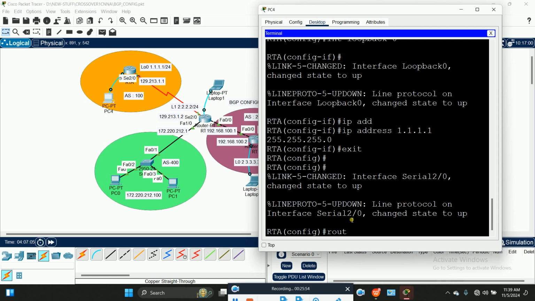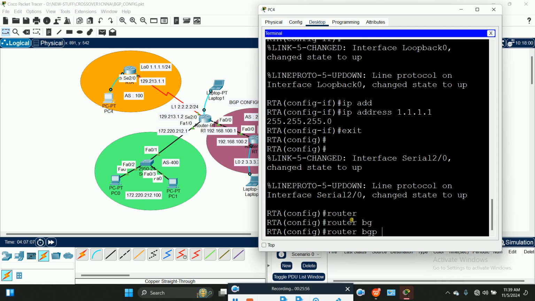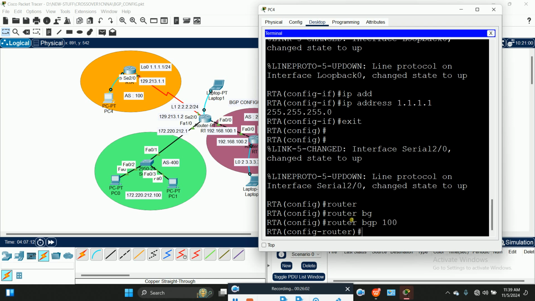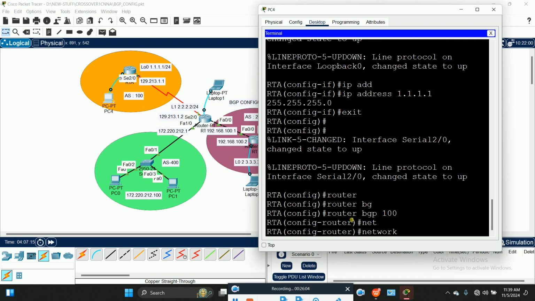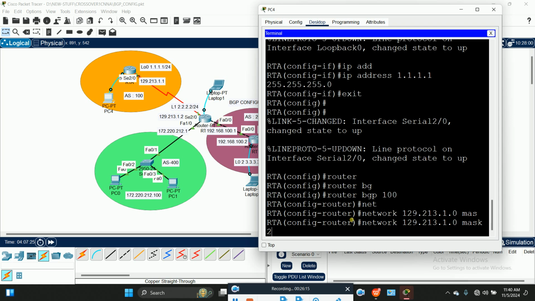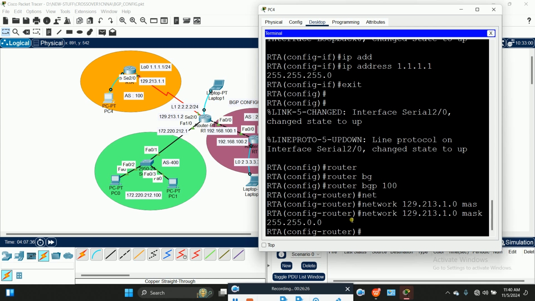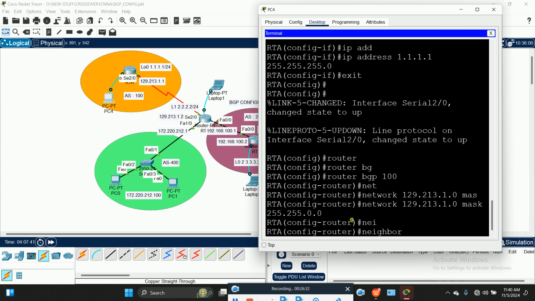So you type router bgp, then you choose BGP 100. Then the network. The network, you are going to type 129.213.1.0. Then the mask, you choose 255.0.0.0. 129, and it means that it's 255.0.0.0. Then our neighbor is going to be